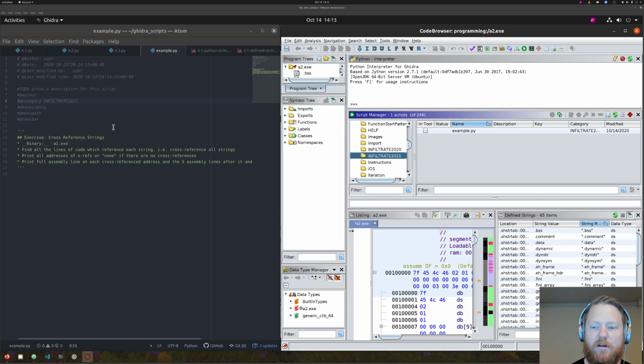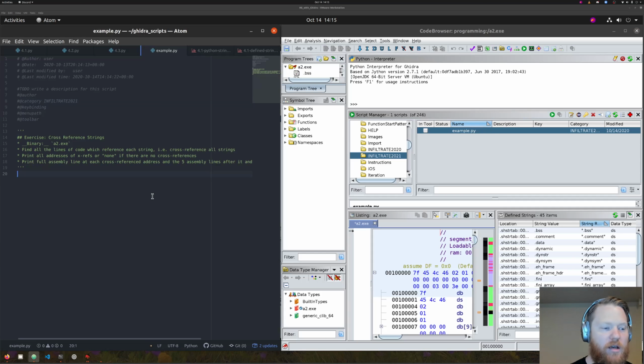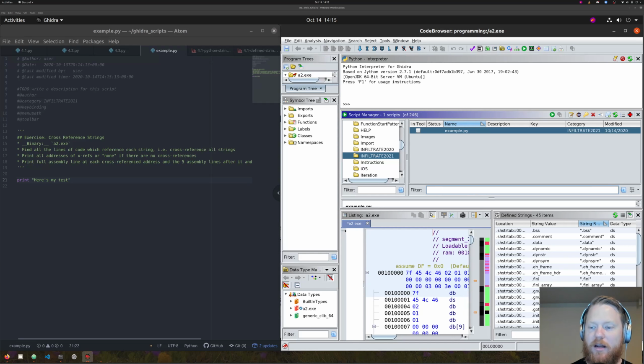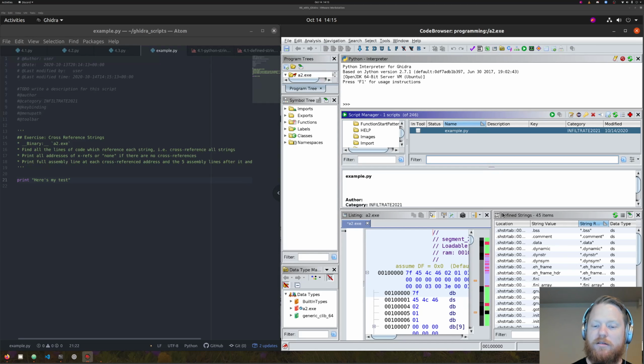So anyways, okay, I got this running, and I want to test this. Let's make sure this works. So here's my test, and then down here I have the program listing window. And then the last thing I want is the output window. So let me make this a little smaller here. And there's my other